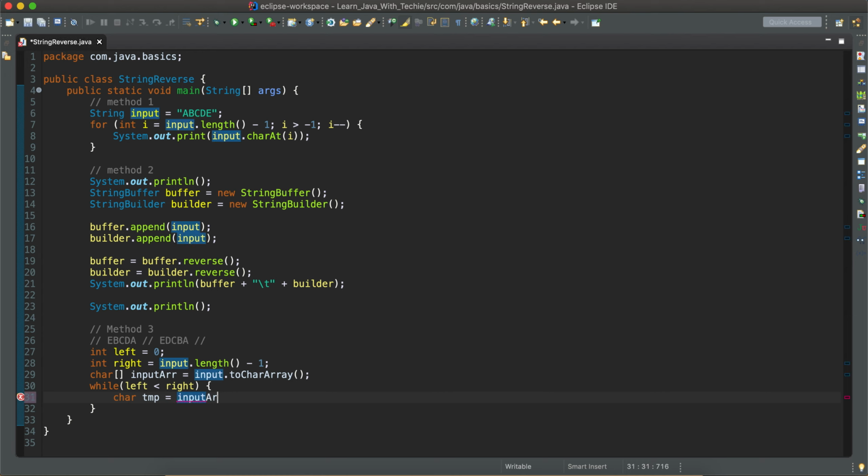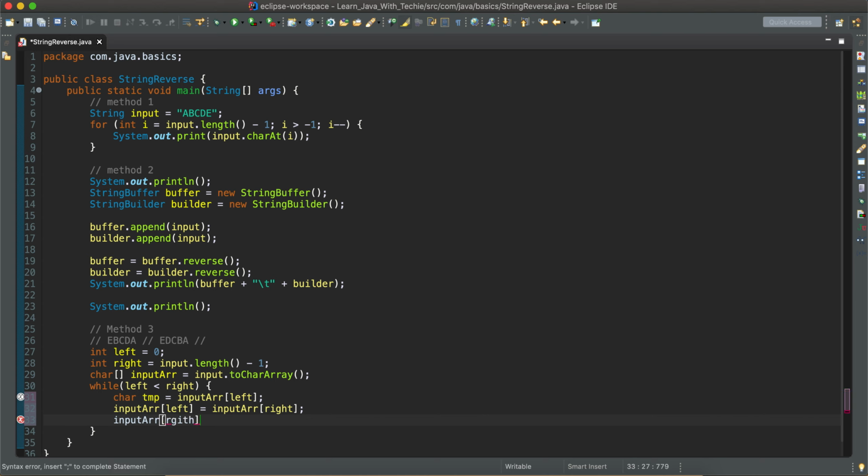So we're going to use input array of left and set it in a temporary variable, and then change the value of left with input array of right. Now we set the temp value to the right. Now we have done the swap. For each and every iteration, once the swapping is done, we increment the left pointer and decrement the right pointer.